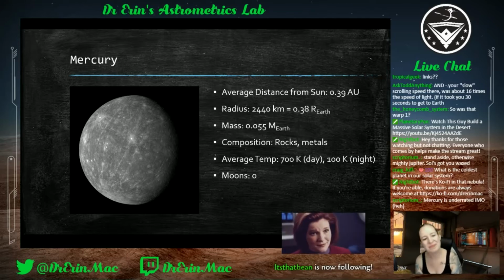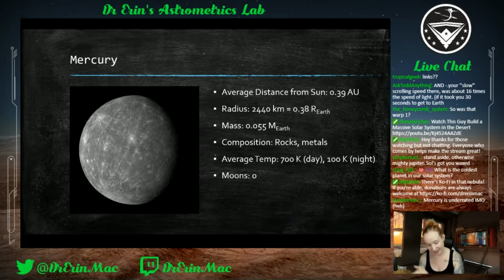So this is about twice as hot on the sun side. On the night side, all of that heat just disappears. It goes away. It's only that little residual thermal heat that this planet has, so that heats it up to 100 Kelvin. So that's only 100 degrees above absolute zero. It's still cold. It has no moons.